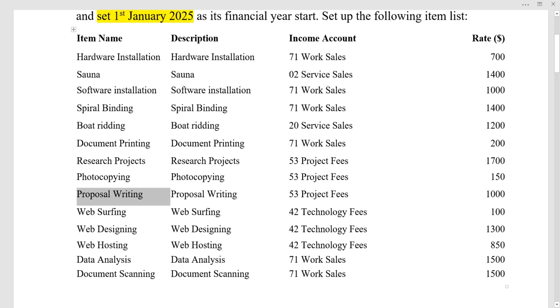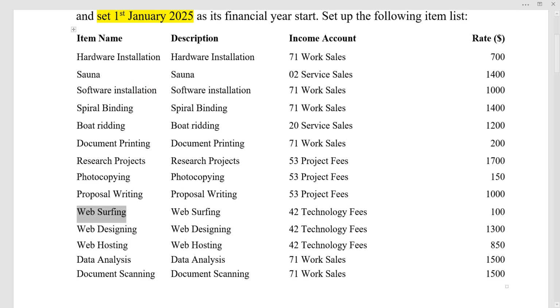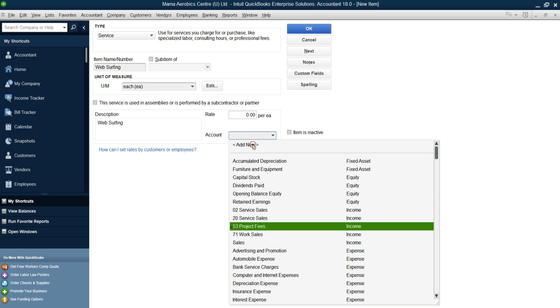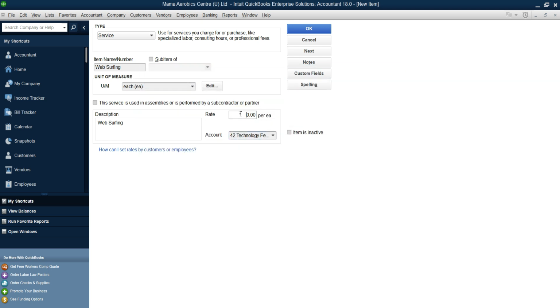Then we move to the next, that is web surfing. Each is 100. Technology fees. We have not yet created technology fees, so we need an income account of technology fees. 42. Technology fees. How much? 100. And